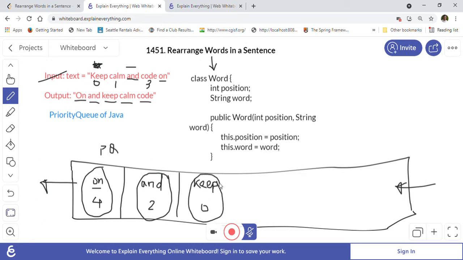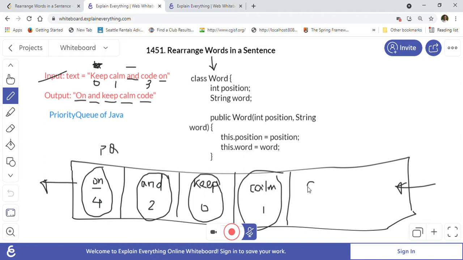So after the word keep, the next one will be calm, right? Calm will be the next word, and the word calm has index 1, so this 1 will come here. This is in the priority queue, and the last one will be code.